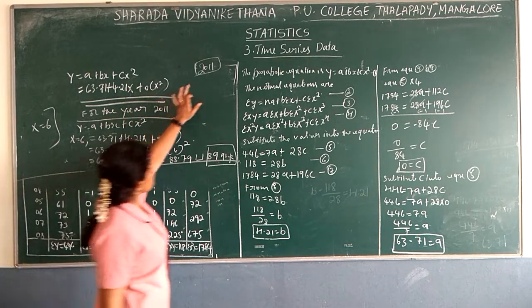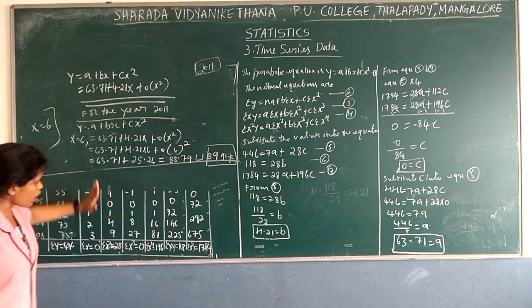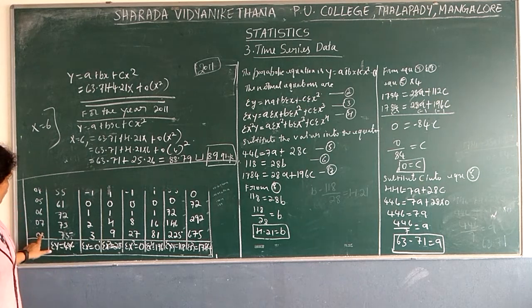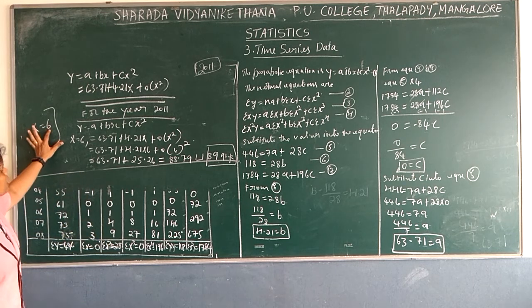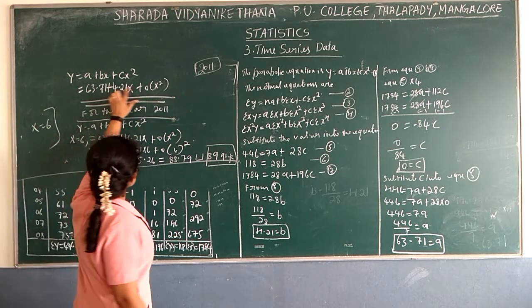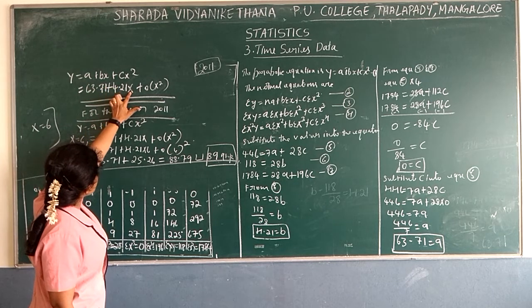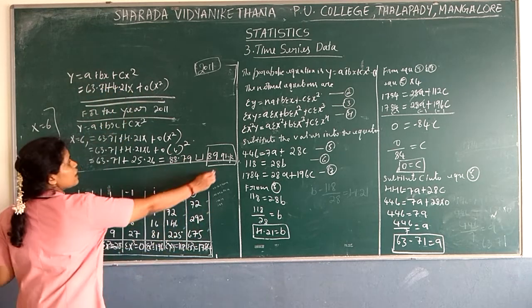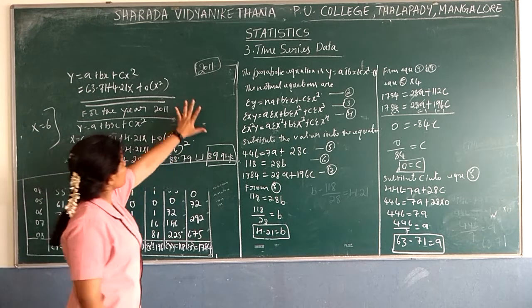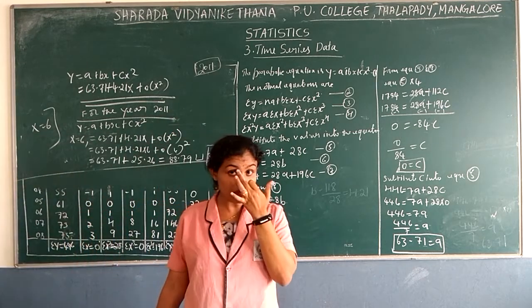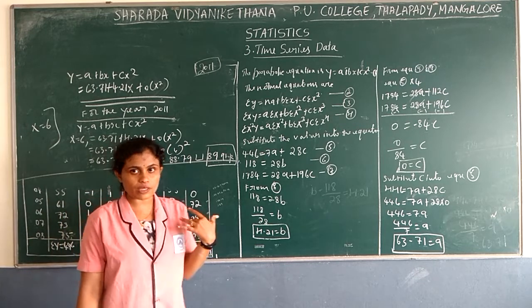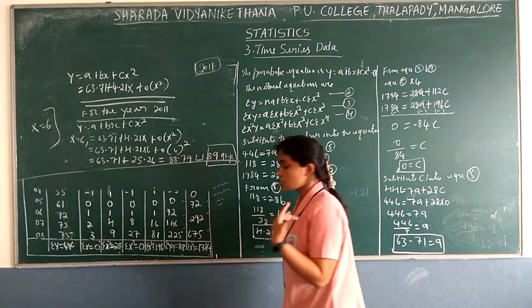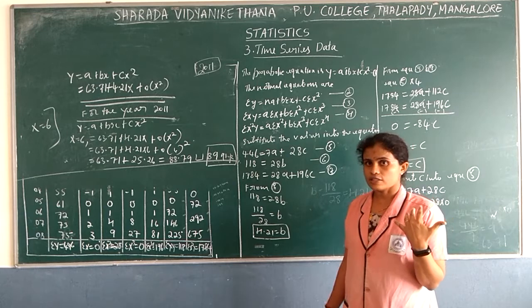So whichever year they mention, you have to extend the x values. For 2008 it is 3, then 2009 is 4, 2010 is 5, and 2011 is 6, which is the x value. Then after getting the equation, substitute x here. Then this is the production for whichever year they mention. So two problems we completed under the parabolic equation. If necessary, we will do one more problem under this method.